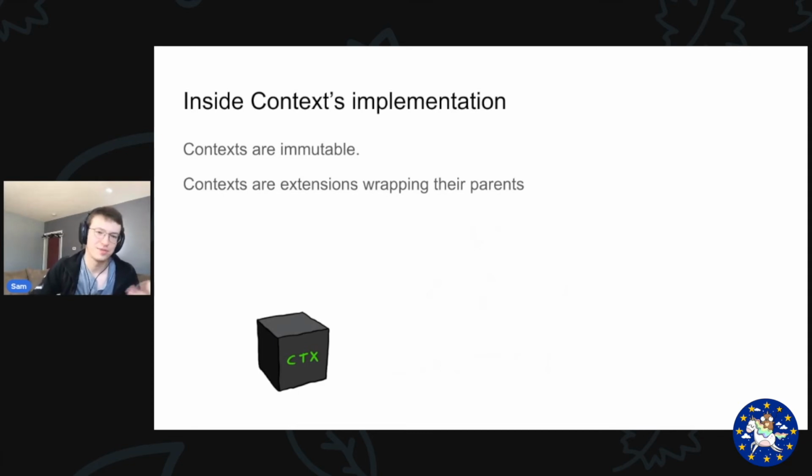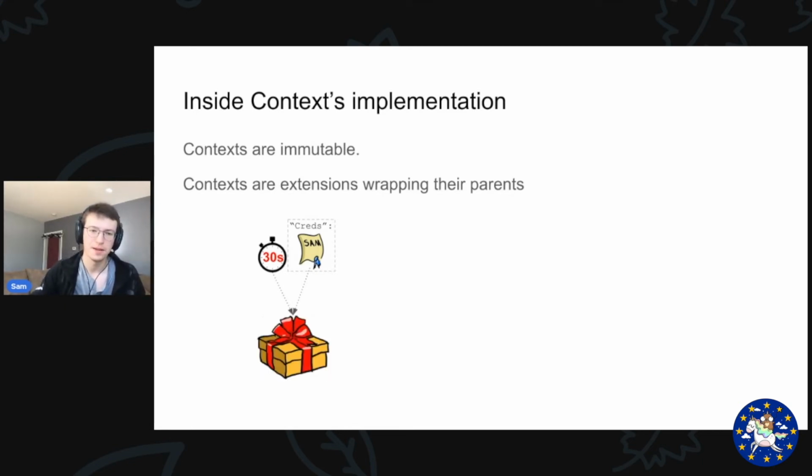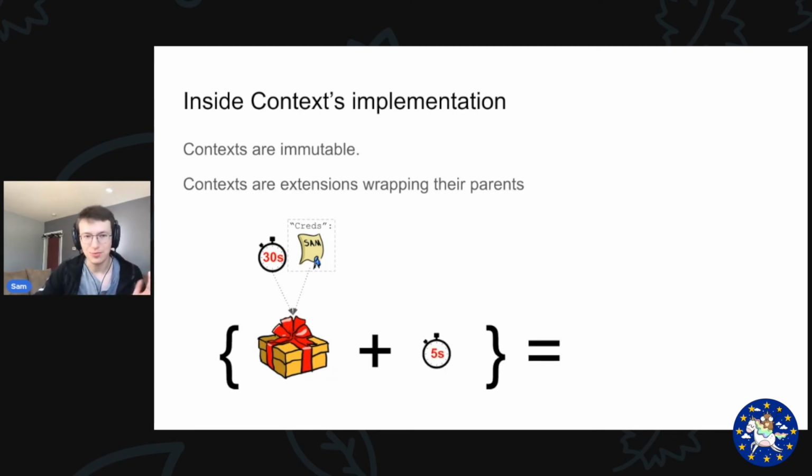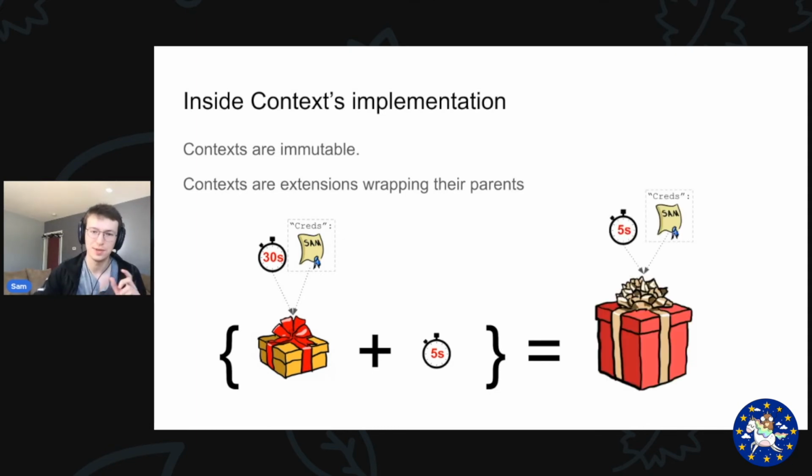So to build off that, we've got our context object with that same 30-second timeout and that key value credentials and my identity certificate. Think of that as a little present. And if we want to make a new context object or make some change, you have to basically wrap it up with the change we want. So like this 5-second timeout, let's say we're shortening the timeout for some sub context. We bundle it with 5 seconds and we put it in a new context object, a little bit bigger box,